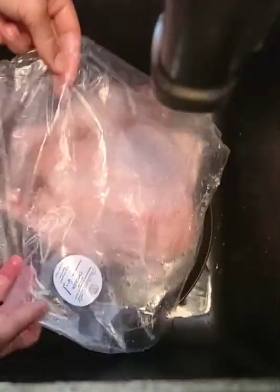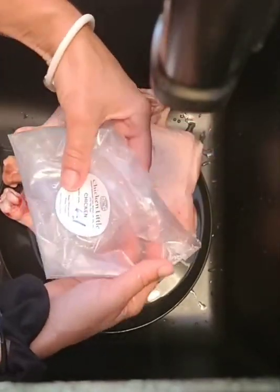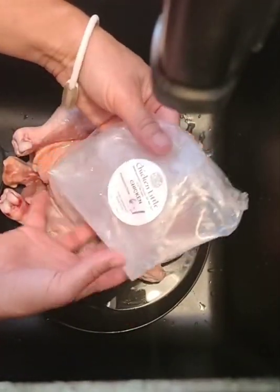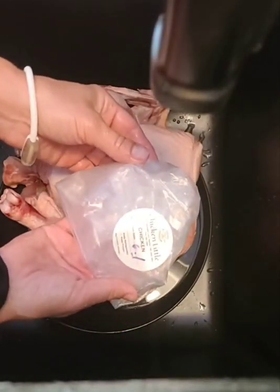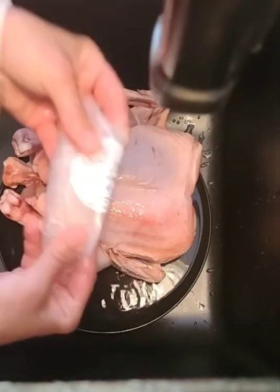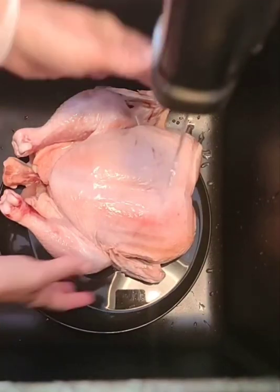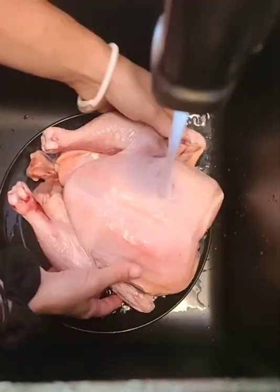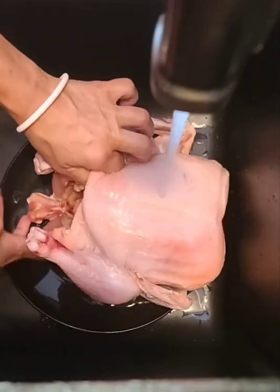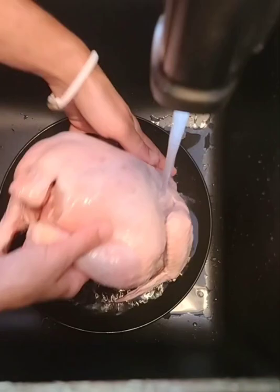Because again, you want to drain that blood out of that bag before you put it in the garbage. This is an amazing chicken from my friend Krista Hicks, and she has an organic farming farm there, and it's absolutely the best chicken. I love it. So this bag can then be disposed of now that it's been rinsed off. Okay, so next what I'm going to do is take some cold water. So you can see my beautiful chicken here. I usually buy about 4 or 6 of them at a time, keep them in my freezer so that they're ready to go. So you're going to rinse off the chicken with some cold water,